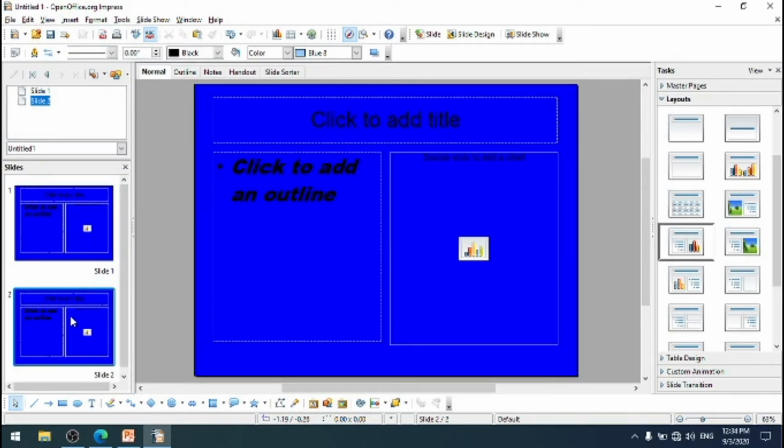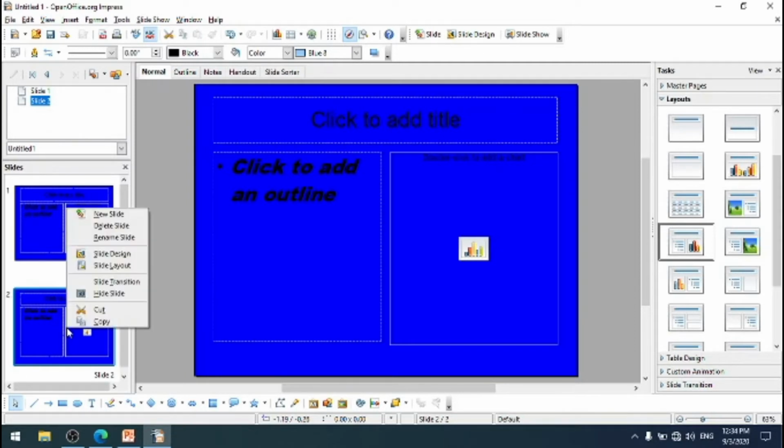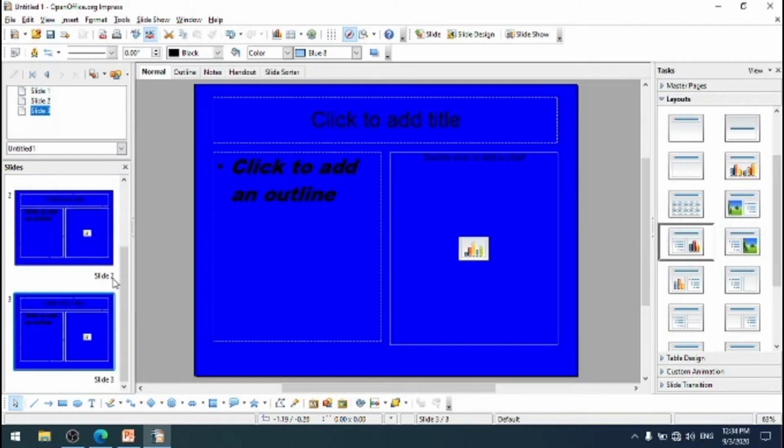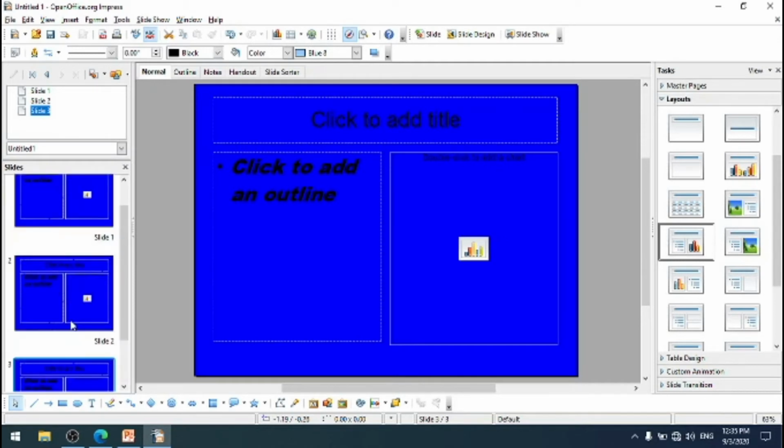Then another step, right click on the present slide. Now this is the present slide, and select new slide from the pop-up menu. Just right click the mouse button, the pop-up menu appears. Here you can select the new slide. Okay, now we have inserted a new slide. So click the empty space after the last slide also to create a new slide, or right click and then new slide. So the same procedures can be applied.